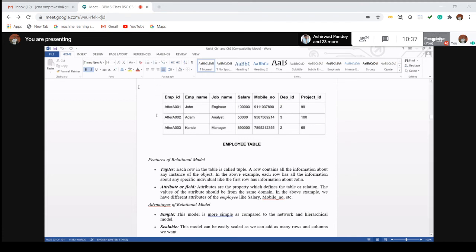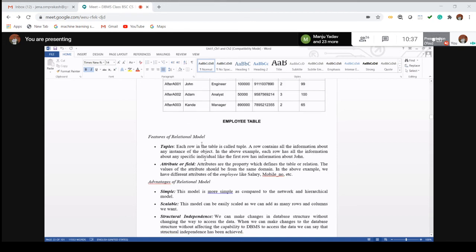Suppose I have to find the details of the employee whose employee ID equals A001. That has to be represented as a row. It is ID equal to 1, name equal to John, job name equal to engineer, salary, all coming under one row. So what are the advantages?